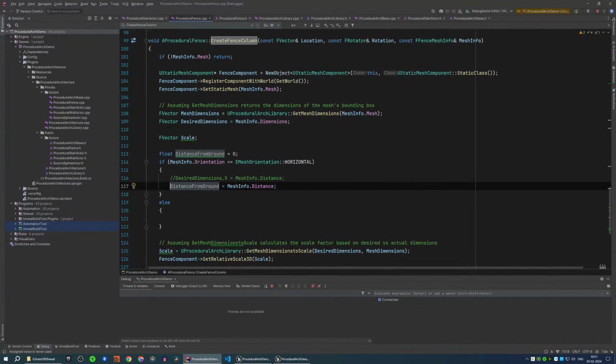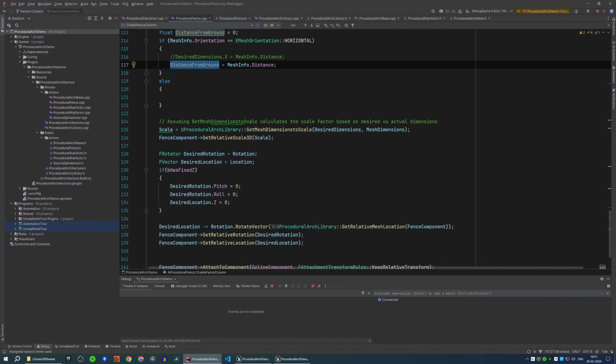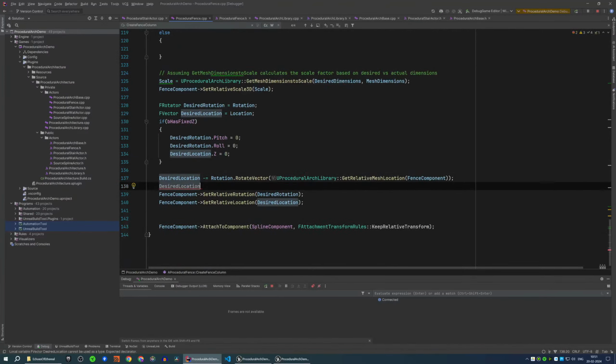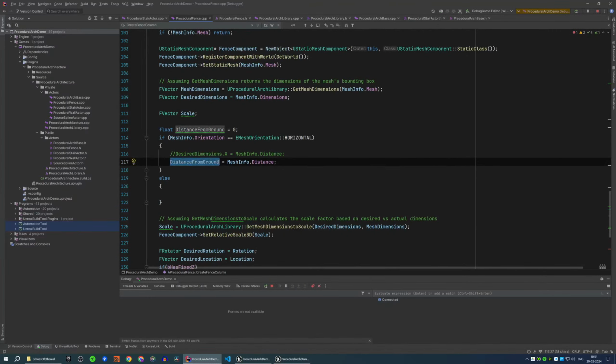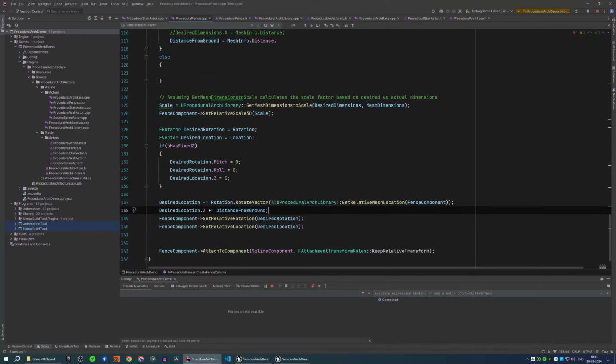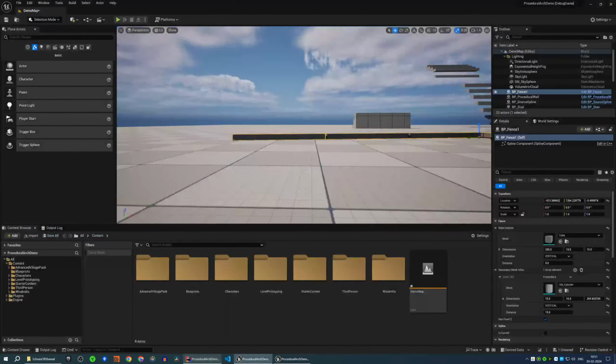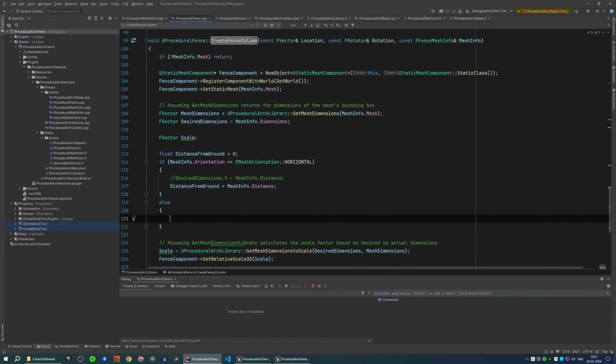So here desired location dot z, this will be plus, so this will rise up a bit. Okay, and